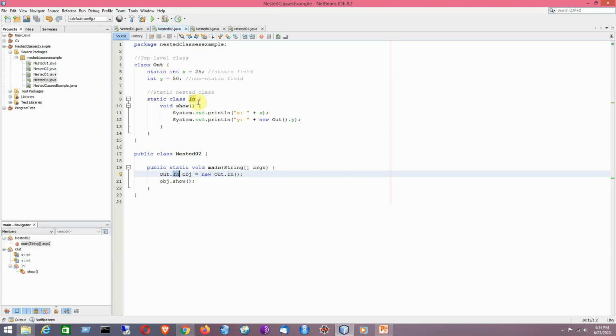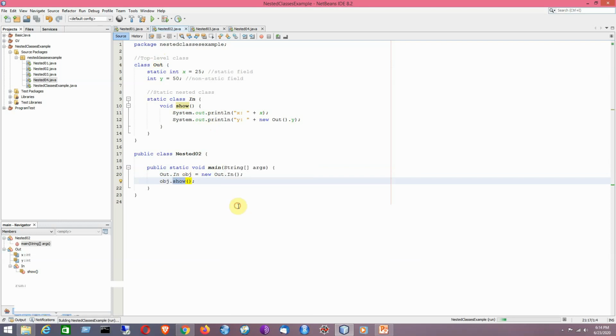So no need to write here new out, then the parenthesis for creating object. You have to just write here new out.in. Basically it is a static member. I mean to say in is basically a static member of the top level outer class out, so it can be accessed directly. So the object of this particular class is basically a direct member of the outer level class. So in that way the static nested class can be created, and after creating the object you can access it. That is the idea. So just trying to run the program here.